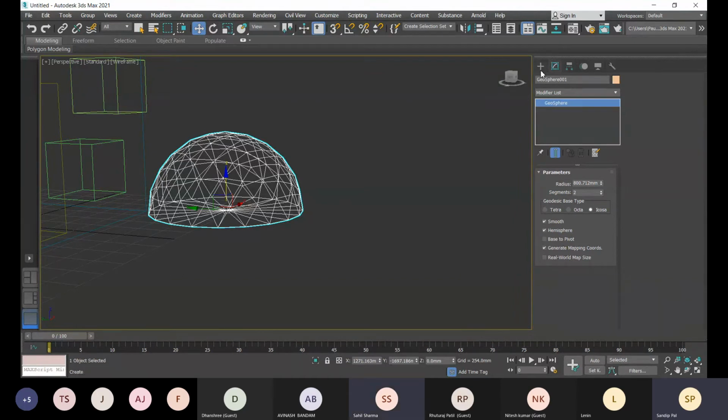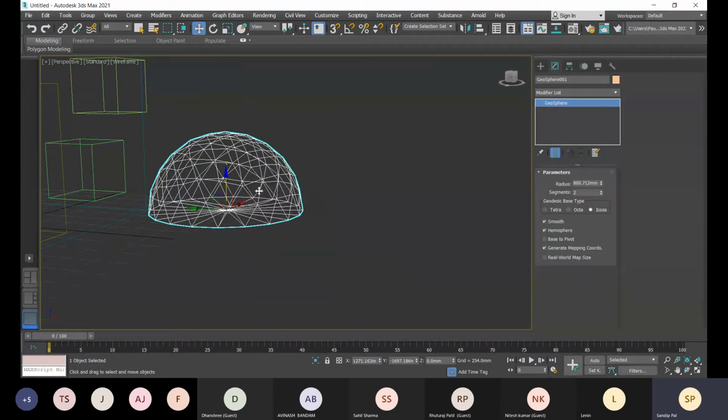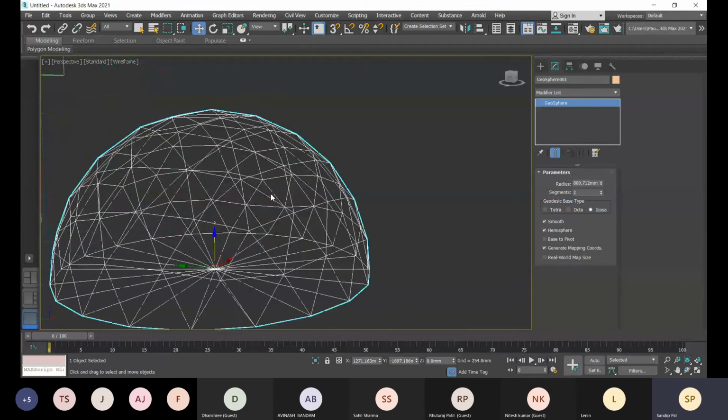So here, modeling is not limited to any particular object or kind of objects. It totally depends on the modeler and the creativity of the modeler. It can be modified into other objects. If you convert it to editable poly, you get the freedom of converting this object into any other form.